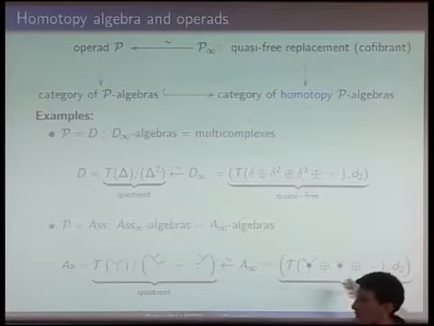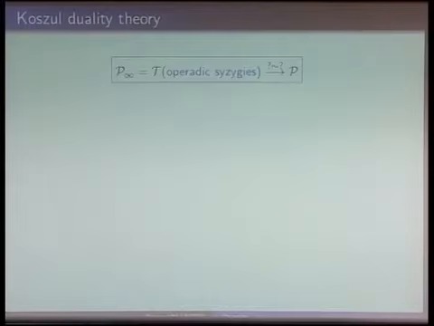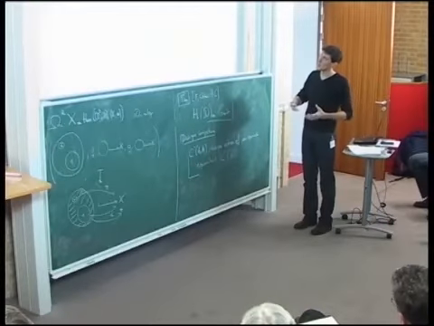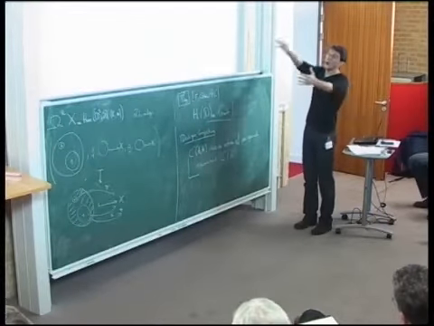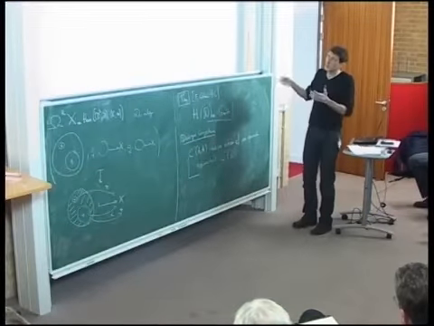You do exactly the same thing for operads. I will try to explain that next week. So what is Koszul duality theory? You have an operad that you want to resolve with a free operad. You can do this by hand, this constructive procedure, but it can take a lot of time. The real good point with Koszul duality theory is that it is going to produce for you, once and for all, under a universal algebraic property, a space of syzygies. Sometimes it's good, sometimes it's not, but quite often it's good.